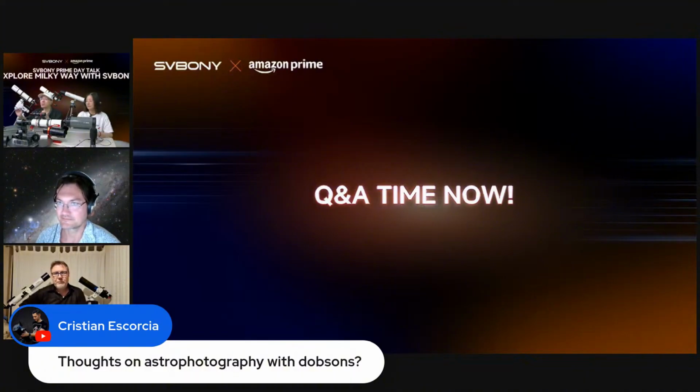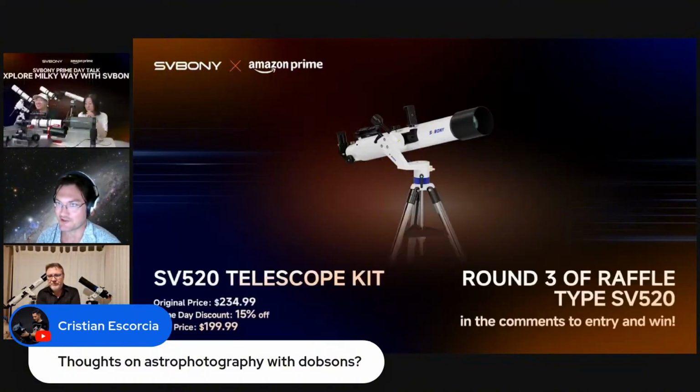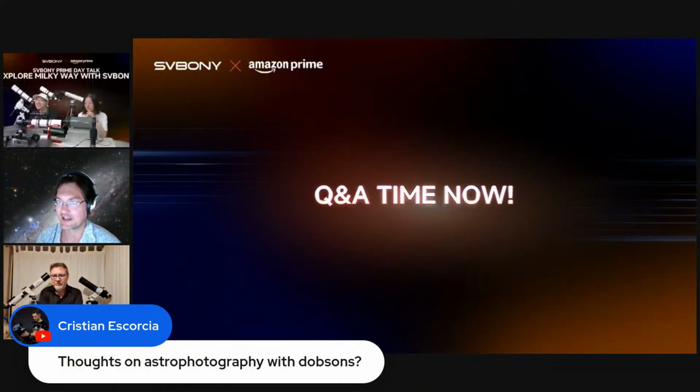Yeah. So for the Dobsons, it's more suitable for planetary because it has a larger aperture size and a longer focal length, right? That, and they don't track. So you're going to be manually moving it and then letting your image float across the field of view, because you don't really want to be touching it. It just jitters too much, right? So you're going to set it up and take your image with that.